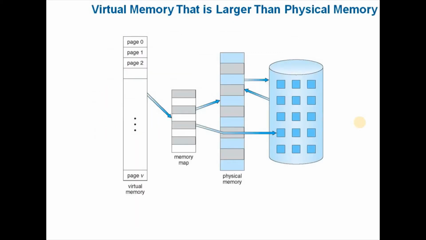This is a pictorial representation of virtual memory. We can see from the figure that this is the virtual memory, and this is the view from the CPU side of the physical memory, and this is a backing store, most probably a hard disk. So we need to map this virtual memory to the physical memory by using some memory mapping techniques. When we are considering paging, we will use a page table, and when we are using segmentation, we will use segment tables.